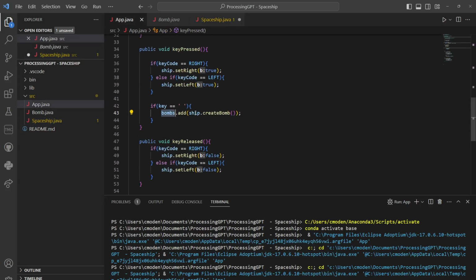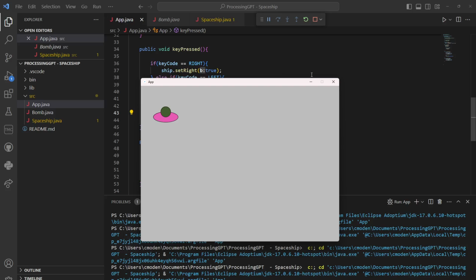And then back in the app class, you can see this thing is going to become a bomb, and I'm adding it to the array list. Those things in combination lead this game to working. Or I don't know if you want to call it a game, it's a little bit of a demo. Okay. There's definitely other cool things I could do in here, but that's just my simple